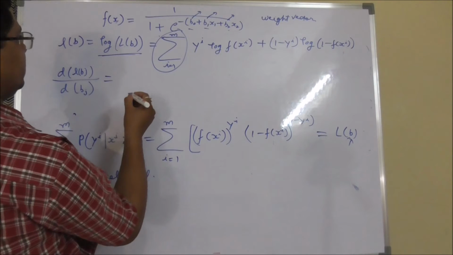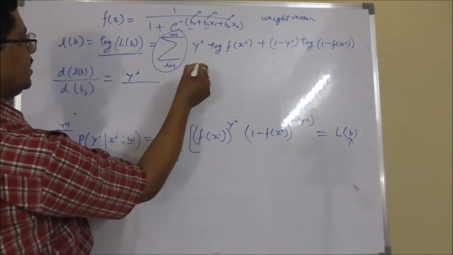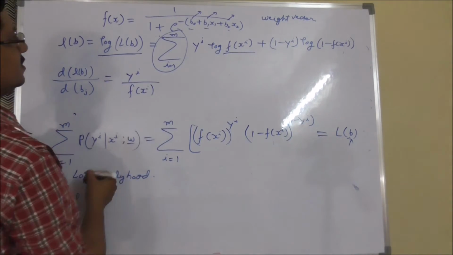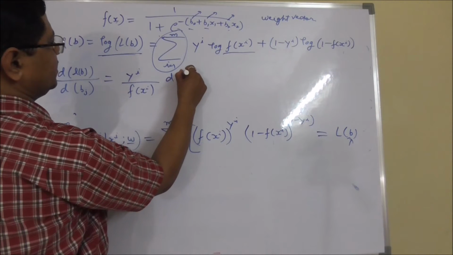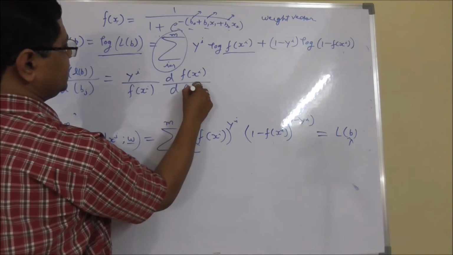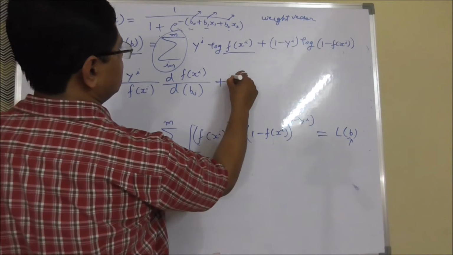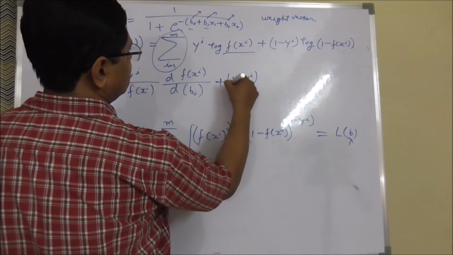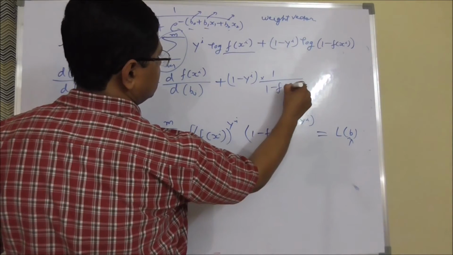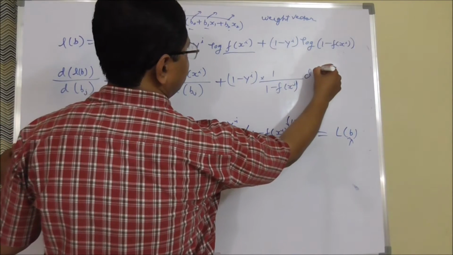So the derivative part will be equal to y(i) divided by f(x(i)) into the derivative of f(x(i)) with respect to bj, and then plus 1 minus y(i) divided by 1 minus f(x(i)) into the derivative of